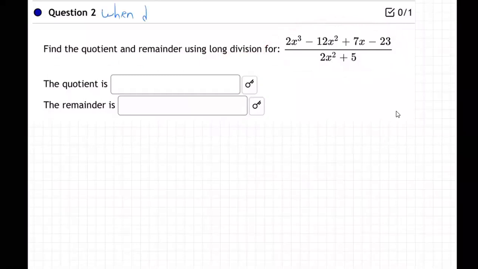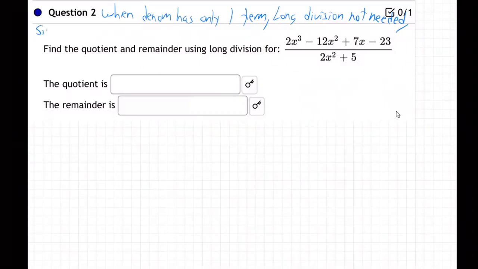When the denominator has only one term, then long division is not needed. Simply put that term under